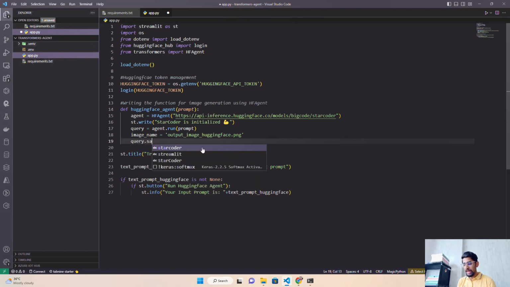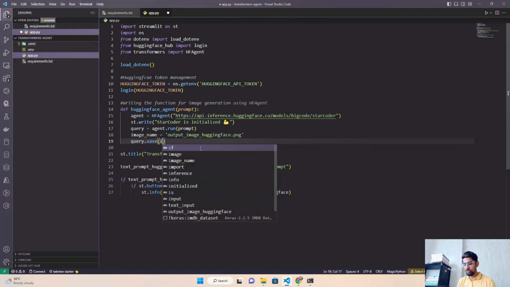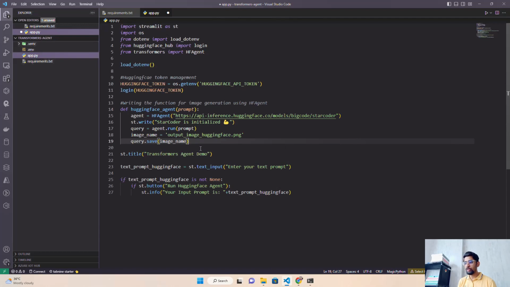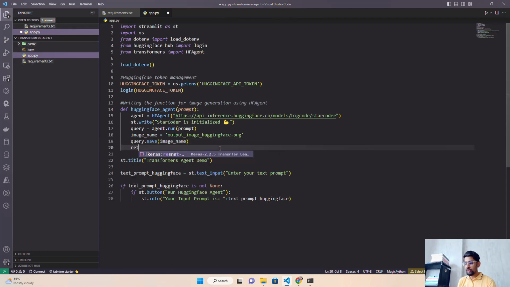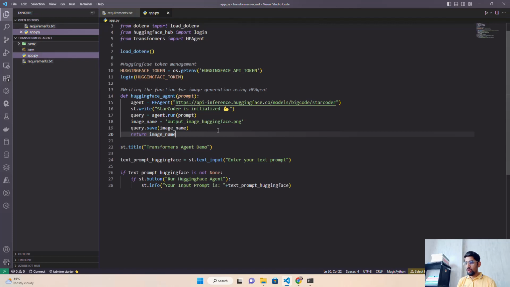There is a command called query.save, a method, and I'm going to save this image. So it will save in my directory with the image name, and then we'll just return the image name. I think we have written our function, the Hugging Face agent. What we are doing is having a prompt, then the HF agent, passing this StarCoder link to use it as a transformer agent in this app. Then StarCoder is initialized, query agent.run prompt, image name output_image_huggingface.png, query.save image name, and return